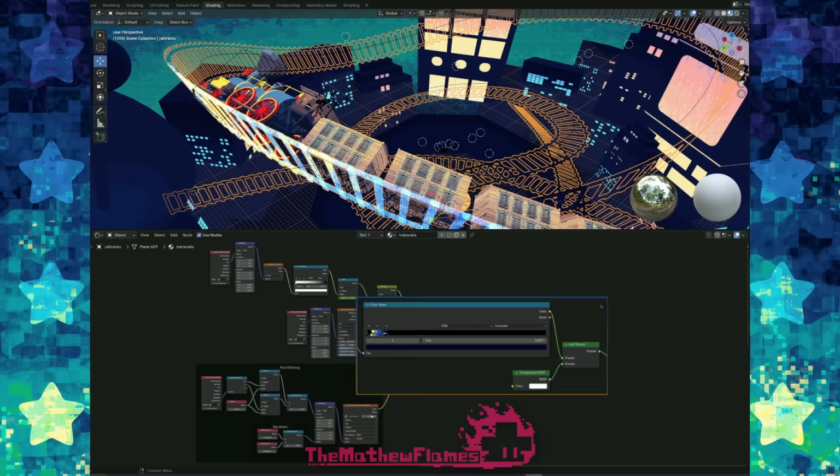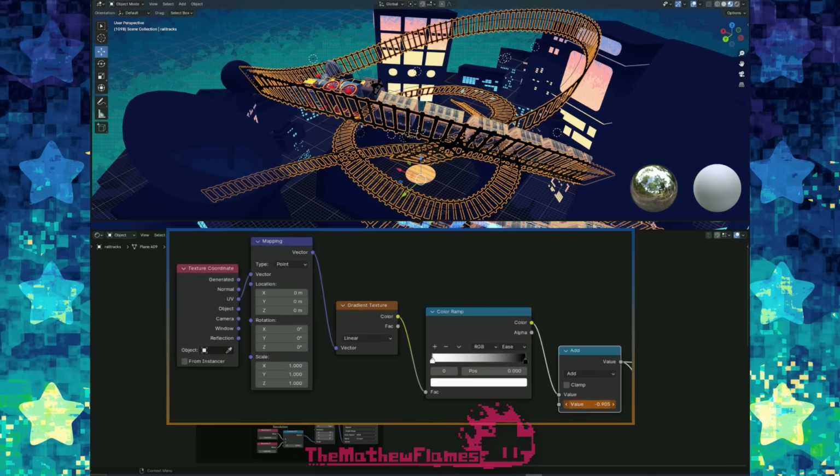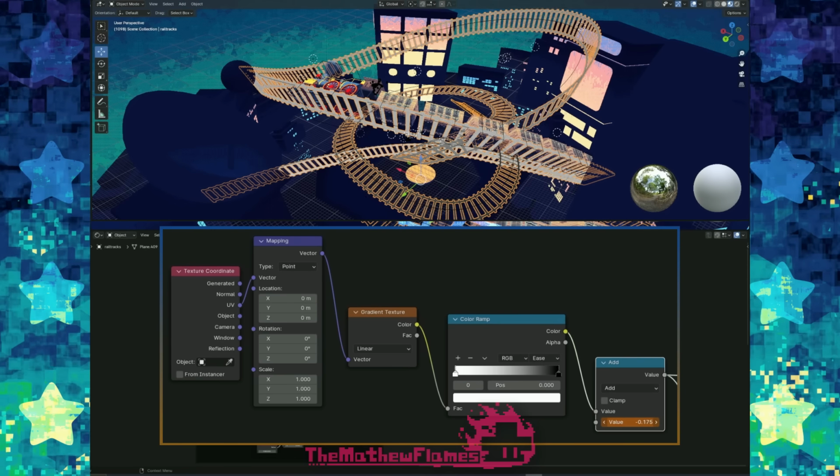In the shader, the color blur is very small this time, and then it has a gradient connected to the math node, and now the railroads can go like